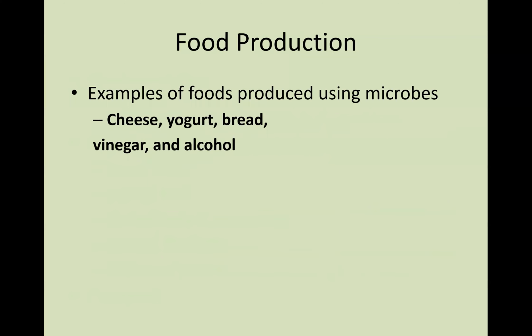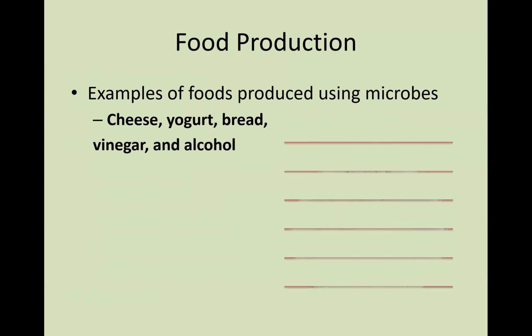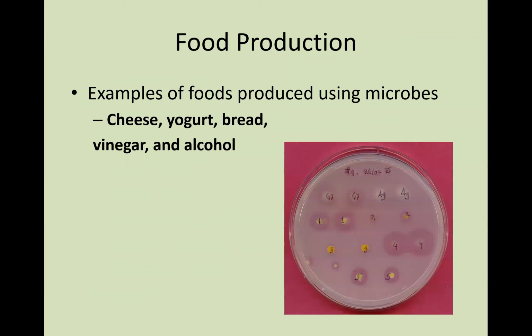All right, we're also going to talk about food production. We actually love food, and a lot of microbes help to produce some of these foods. Some of our favorites are cheese, yogurt, bread, sauerkraut, vinegar, and even alcohol production is based upon utilizing microorganisms. In particular, beer. If you're a beer fan, you have to thank microbes for that fermentation process and for helping to make some of these really yummy treats.